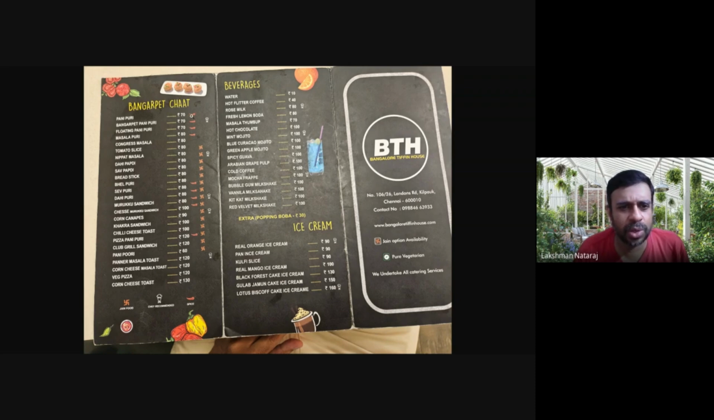So these are the ones which are spicy: pani puri, Bangarpet pani puri, floating pani puri, and so on. And these are the ones which are Jain. So it caught most of the reasoning right, but what I'm actually expecting is something which is both Jain and spicy. So these four and this one, and the fifth one. So think again. I want both. Let me say I want